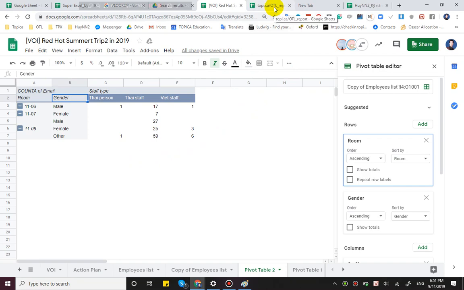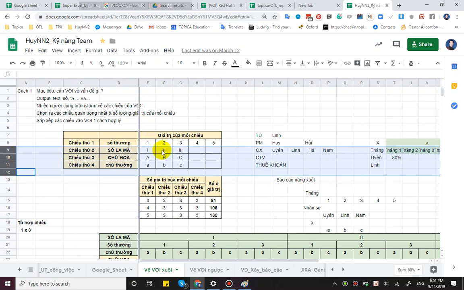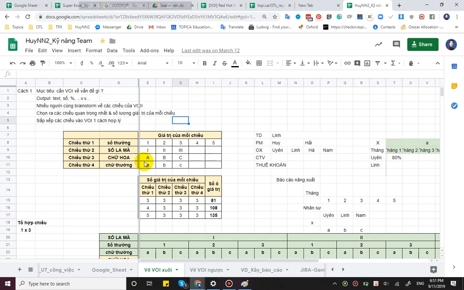The logic of VOI is: total cells of a VOI is the total value of every dimension multiplied with each other. Okay. Now for example,